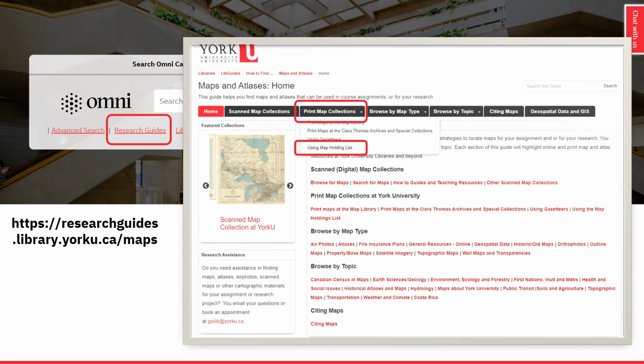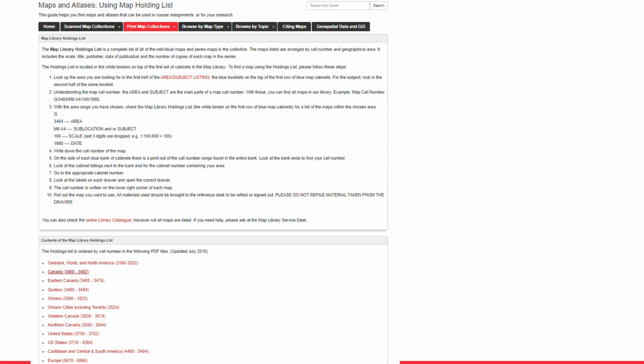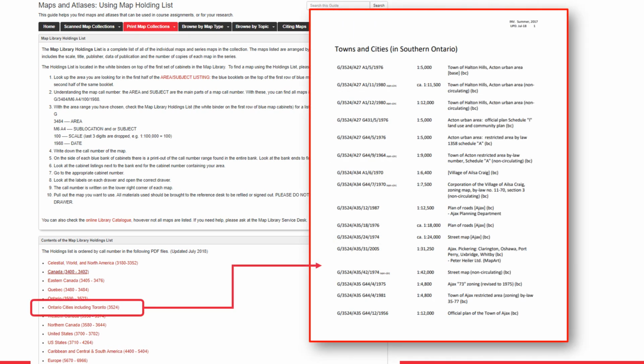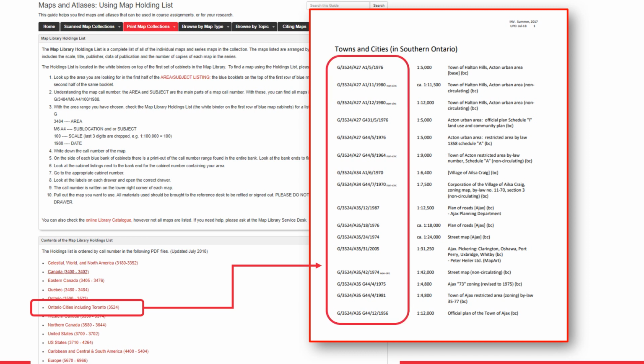These PDF guides will list every sheet map in the entire collection. Simply select the region of the world you need, for example, Ontario cities, to retrieve a list of relevant maps with the call numbers displayed. These will be the location codes for retrieving the map from the physical library.